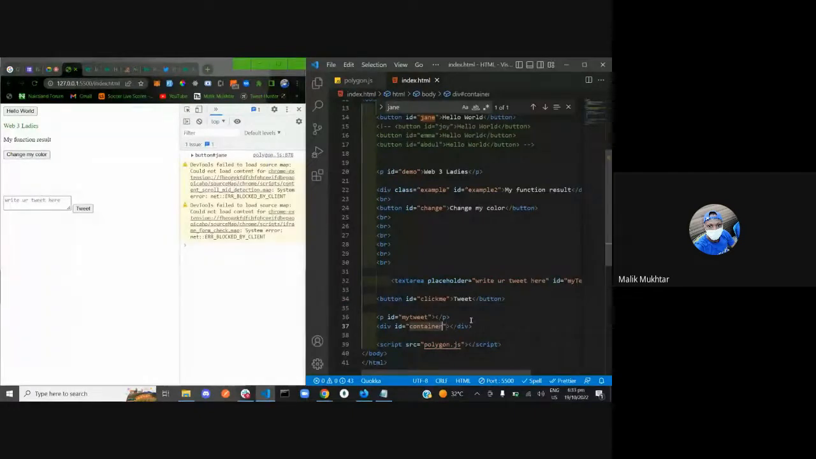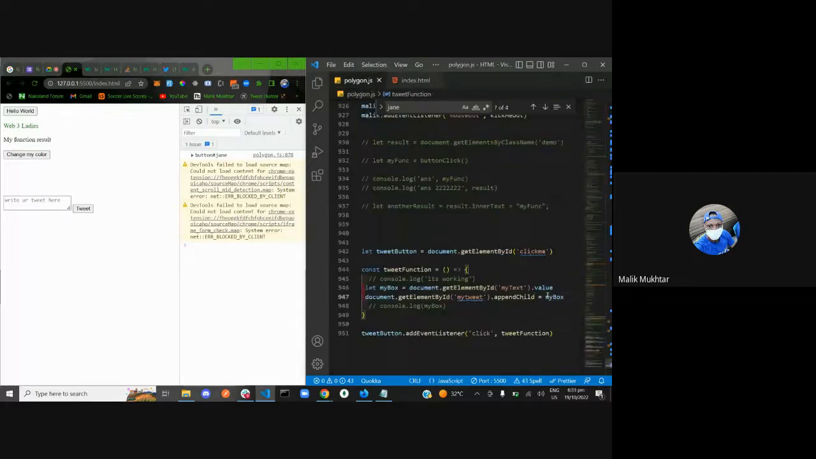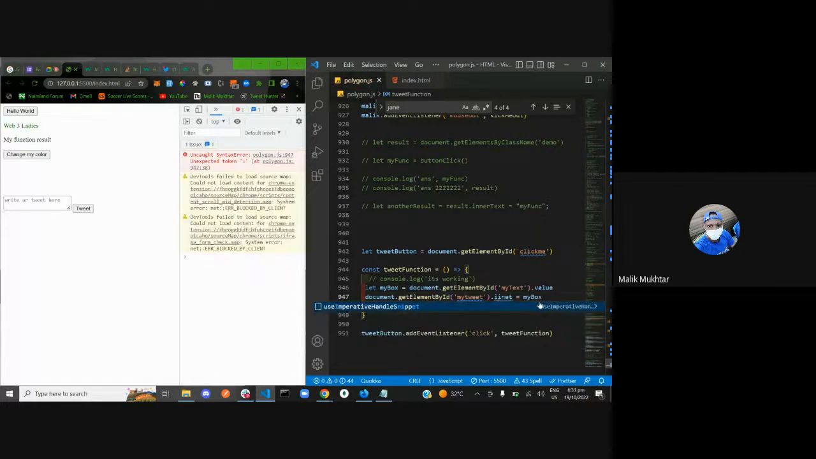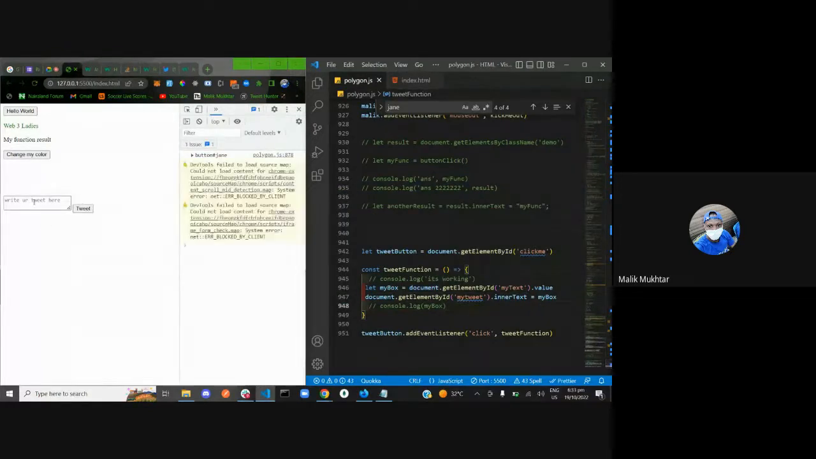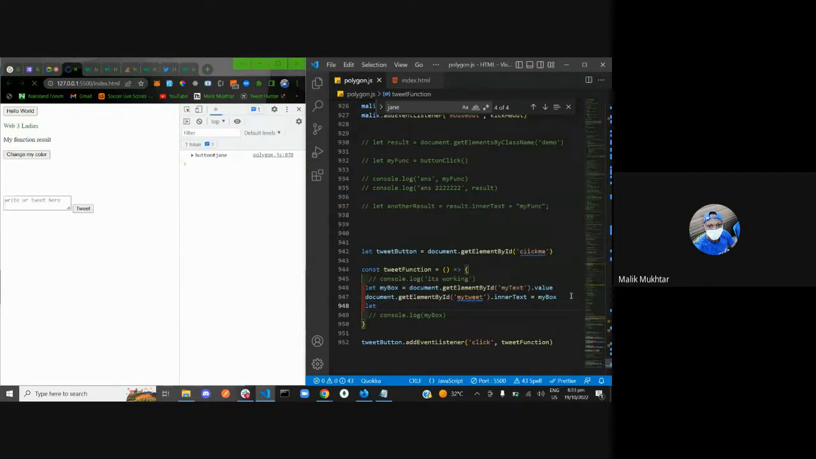So now we can say, after inner text, let's be sure this is working. It is working. So let's store it. Since it's working, let me fetch it. Let me say let new